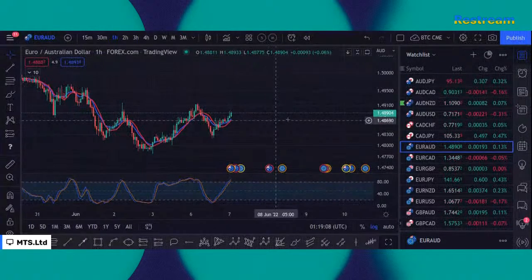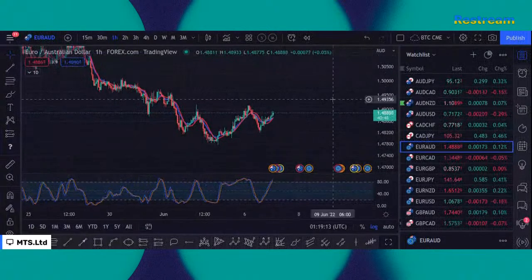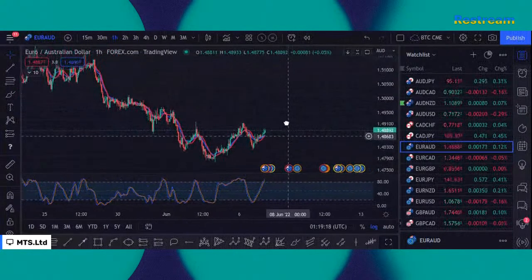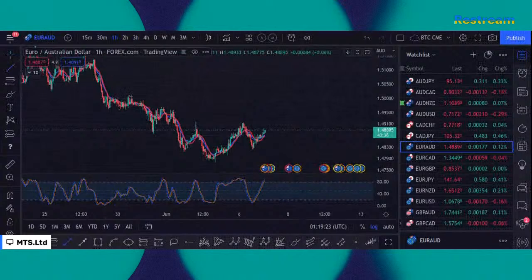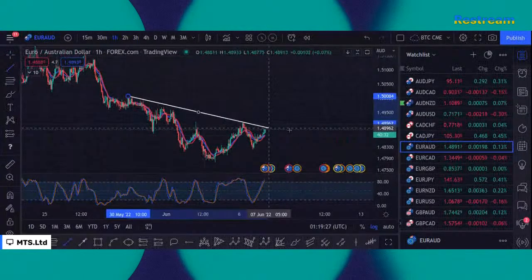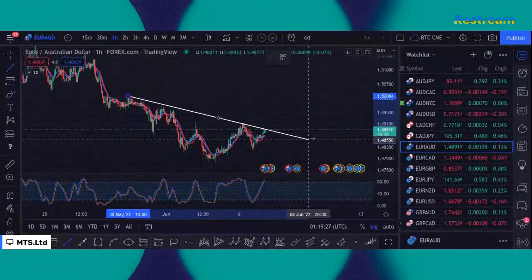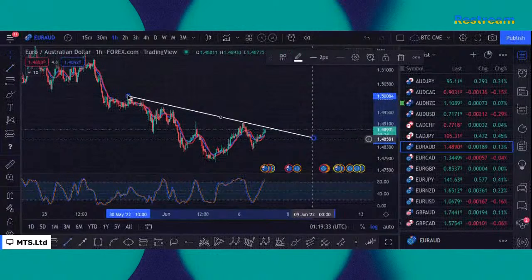Like, obviously, here on this hourly, see, overall trend is bearish, right? You can actually pull this from up here. I'm just trying to make a point, right? It's actually looking quite